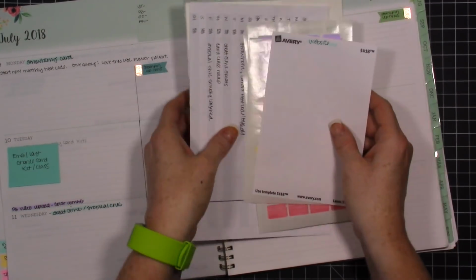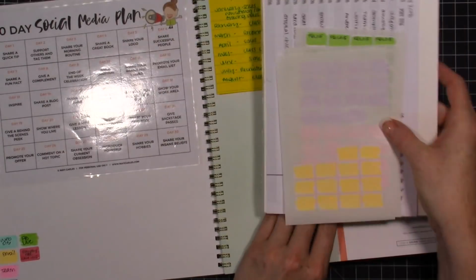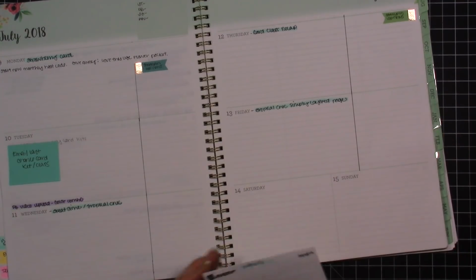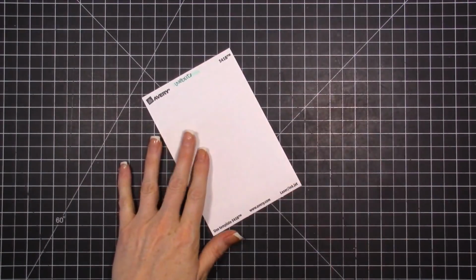I would like to have that as an option because right now I just clip it all together and then I have to just put it in there and it's constantly falling out. So a couple of the things that I use for my planners before I talk about my Stampin' Up Planner